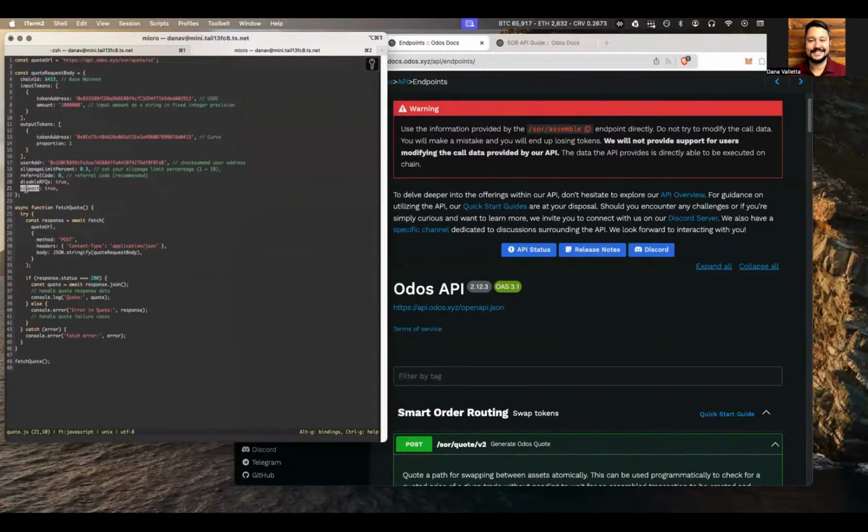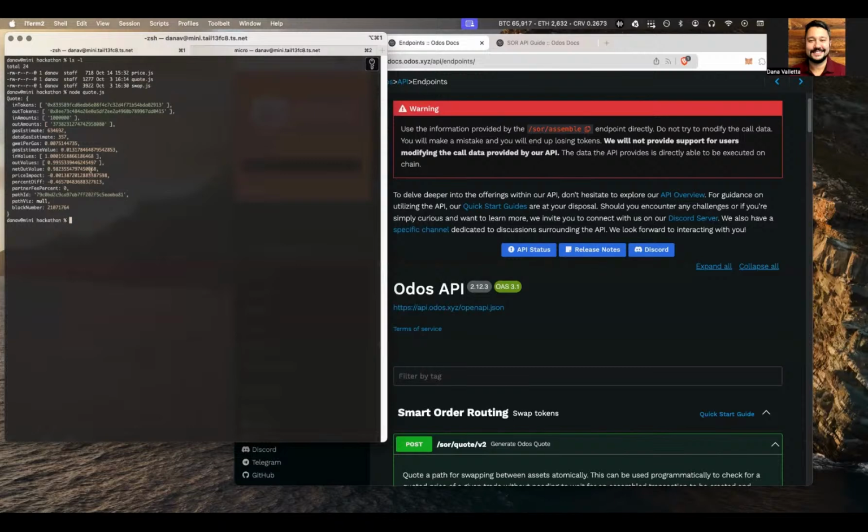But if you were to set compact to false, the compression would be disabled in such a way that you could then use the native Solidity ABI to decode that call data, and you would get the same parameters that the transaction executed with, that it was assembled with.